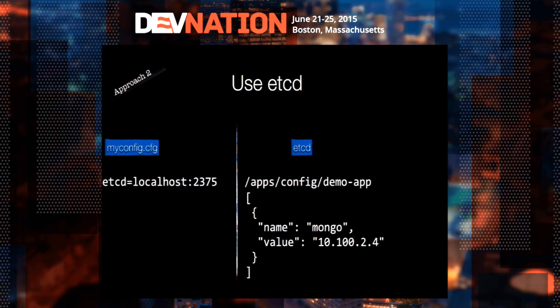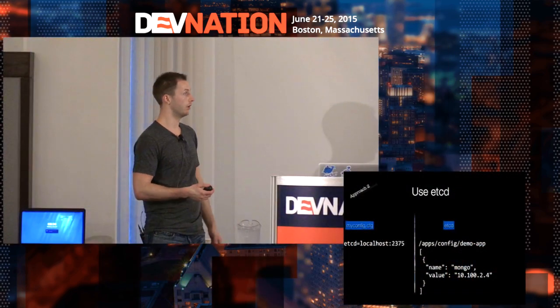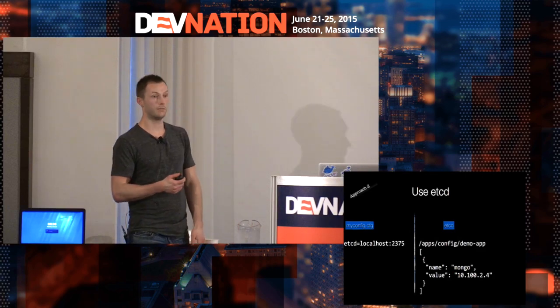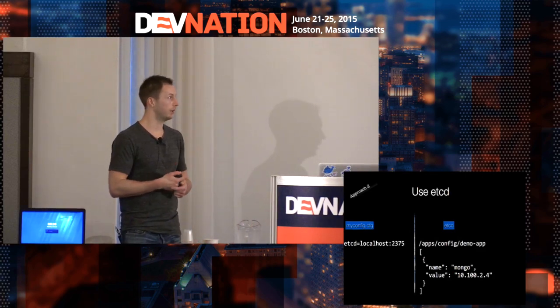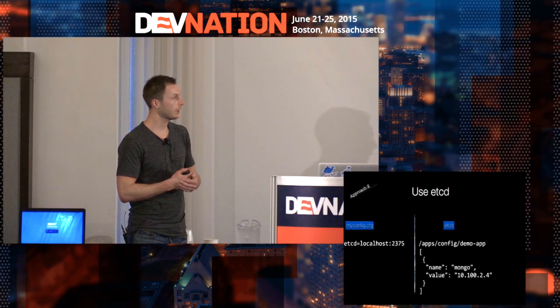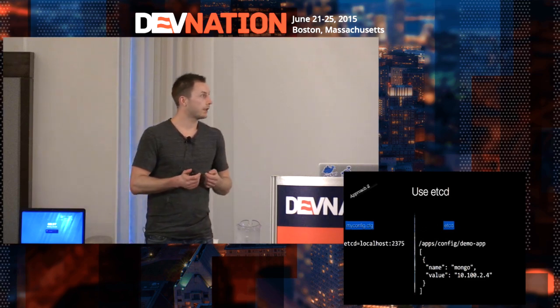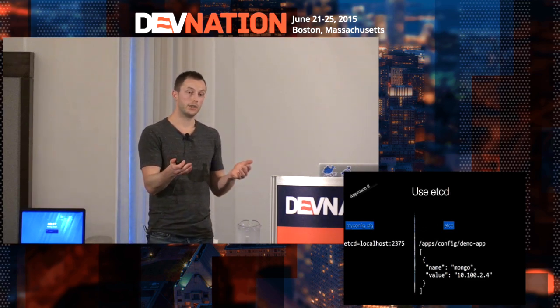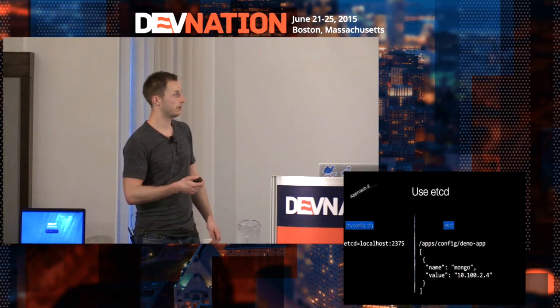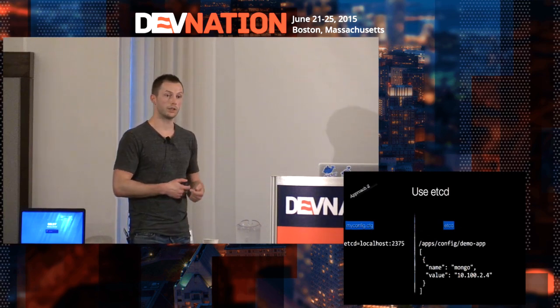And all the configuration of our application is actually not stored in property files at all anymore. So the only property that we actually deploy in our application is the address to etcd. And with etcd, you can even use a proxy on every machine, and then you can just use localhost 2375, and it will magically know how to find the actual etcd nodes. In etcd, we just have a key for our application, and in that key, the value is just a piece of JSON containing all this environment variable listings.